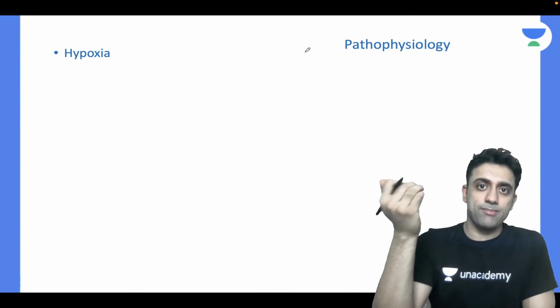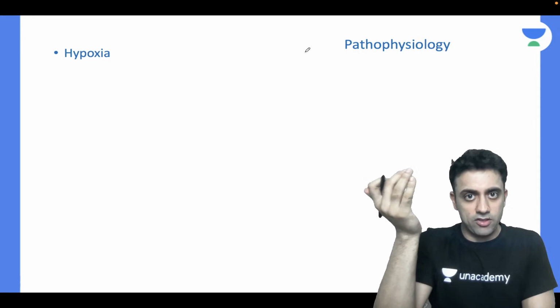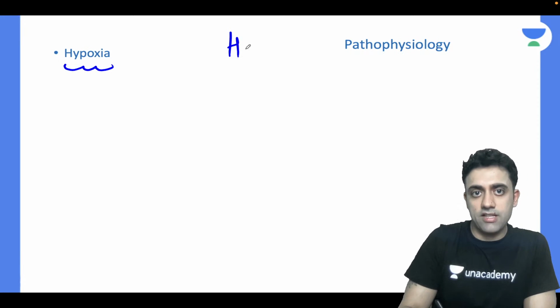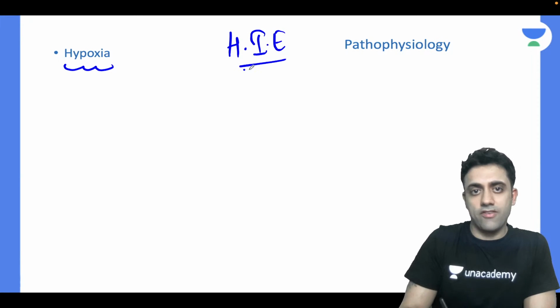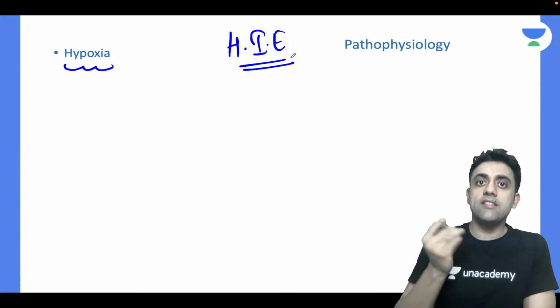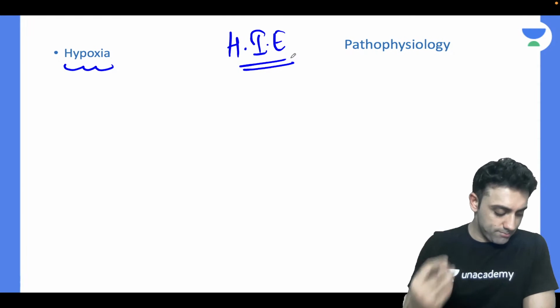Okay. Now the next pathophysiology. One part, the diving reflex segment, is over. Now the next pathophysiology. Again, whenever there is hypoxia, because what are we studying? Hypoxic ischemic encephalopathy. The first thing has to be hypoxia. The first thing has to be the insult. If there is an insult, then the story will move ahead. So whenever there is hypoxia,